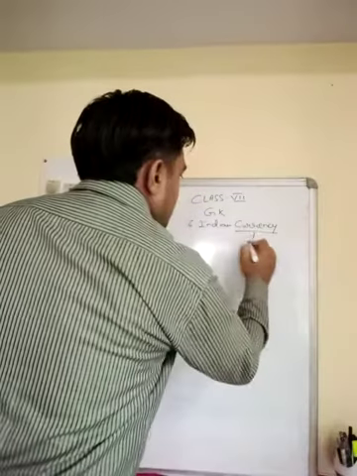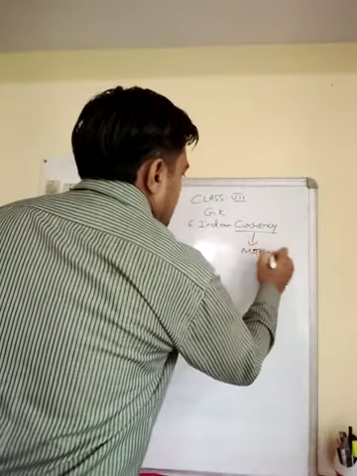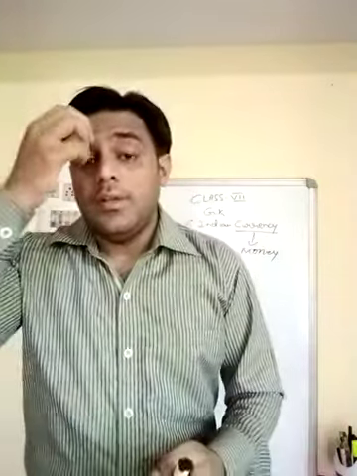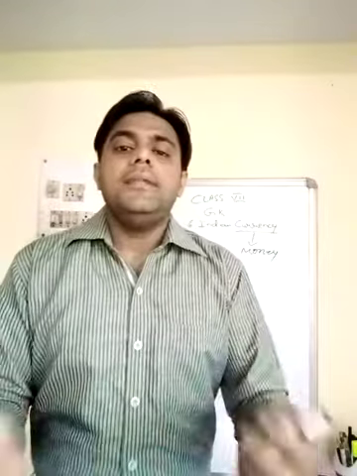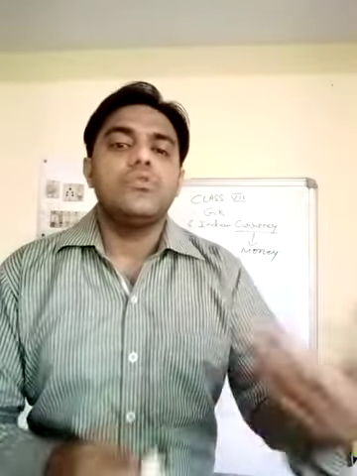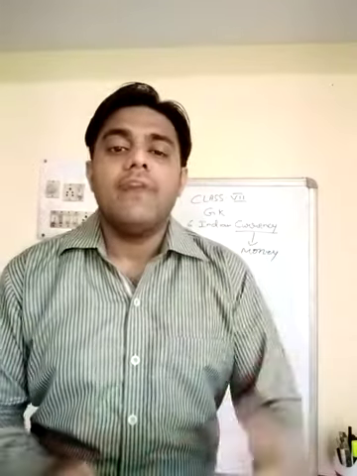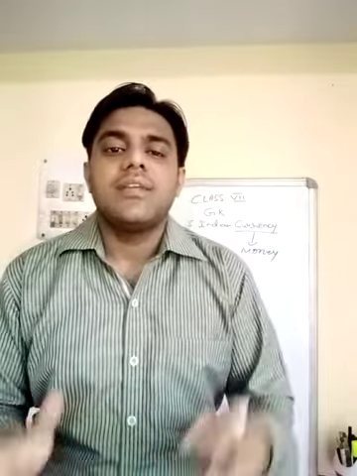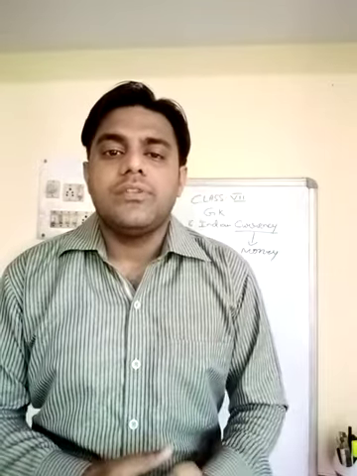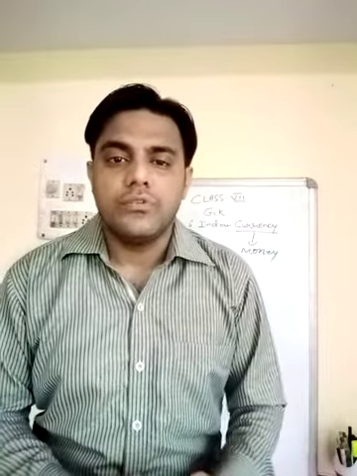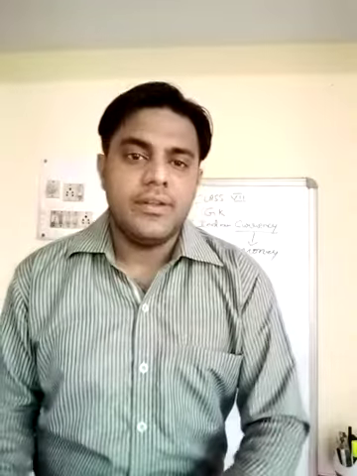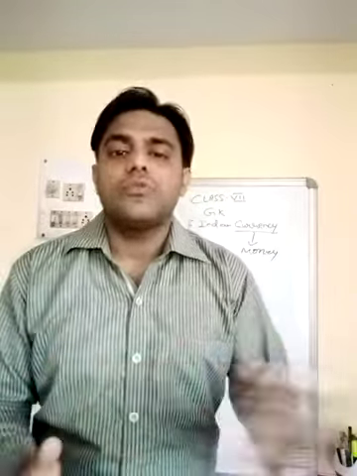Children, by currency we mean in simple terms money. When human civilization dawned, people needed a means and method to exchange goods among themselves, right? To have the goods which they could not produce by themselves. So first came the system of barter. Barter was the system where goods were exchanged for goods itself. Like people used to bring cloth and take away wheat, that kind of thing. But barter had its own problems.